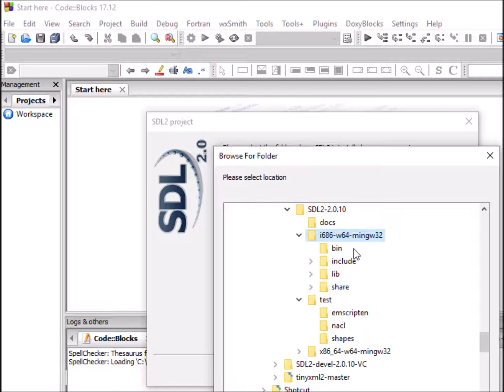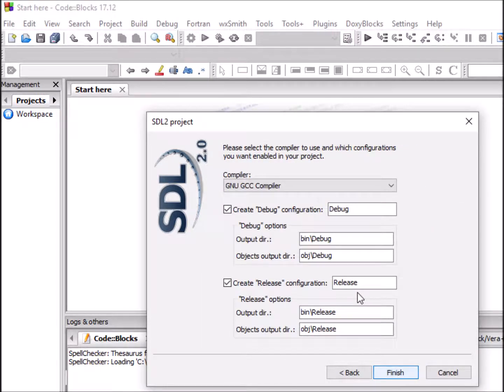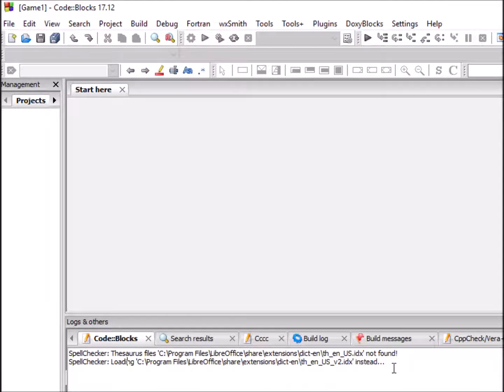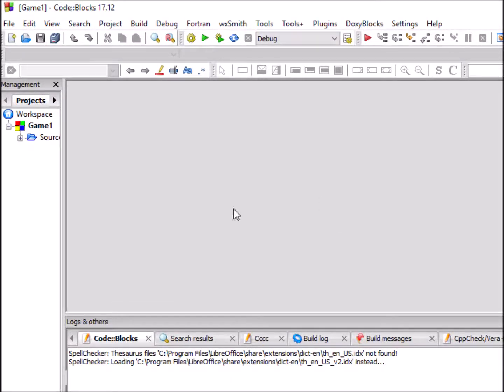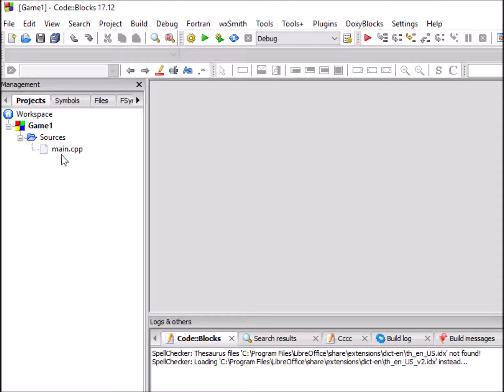And when we click it, it sees the files here. We just want to be able to find the location for our activities, and we press next and we press finish here, right? And it should give you some project options. Inside the project options, it'll have a source folder, and our source folder shows us our main.cpp file, which is